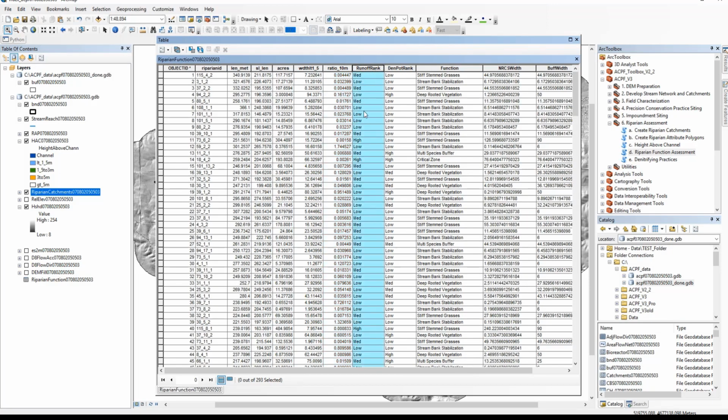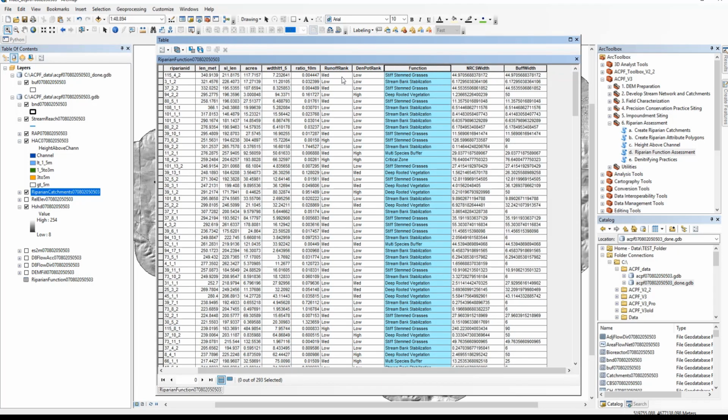We have the actual runoff rank, the denitrification potential rank here, and then we have the suggested buffer design based on that cross classification of these two fields. And then finally we have a suggested buffer width according to NRCS, and this is in meters, and then we have an ACPF suggested buffer width.